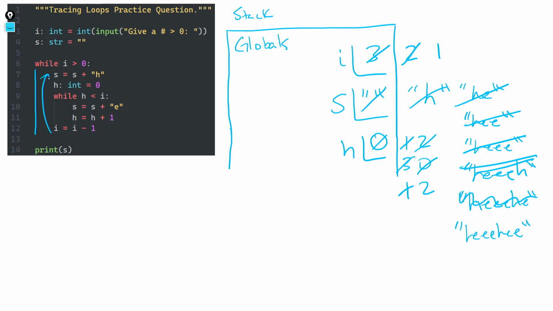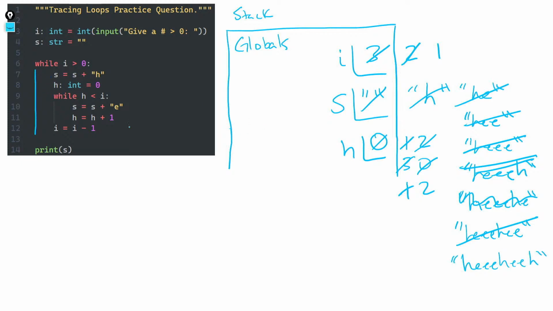And hopefully we're making progress towards ending the outermost loop. When we go back up and we test again, is i greater than 0? Well, notice we're counting down. We're getting closer and closer to 0, so we are making progress. This isn't an infinite loop. We're about to be done with this, but we still have a little bit more work to do. So we go into the loop one more time. We add an h to the end of this string, so now it's h, e, e, e, h, e, e, h.